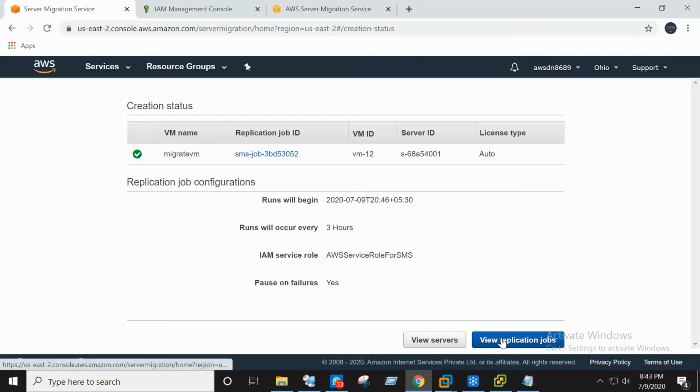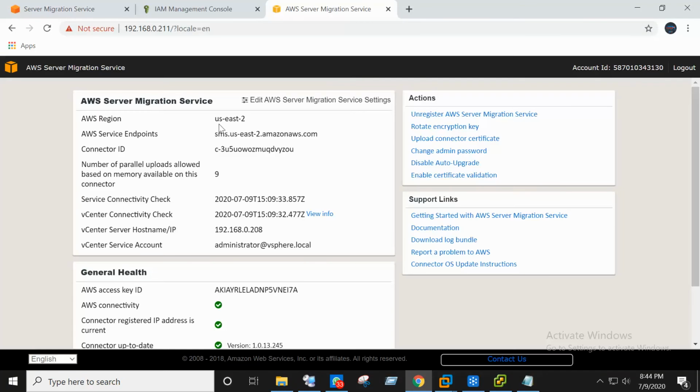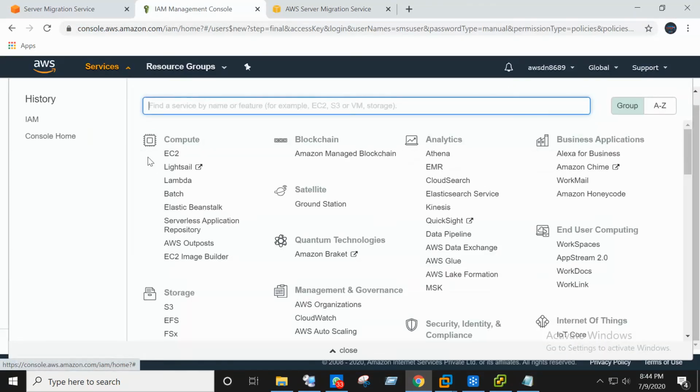So we can view replication jobs. It's pending now. So once everything is successfully done, we can see our instances in EC2.